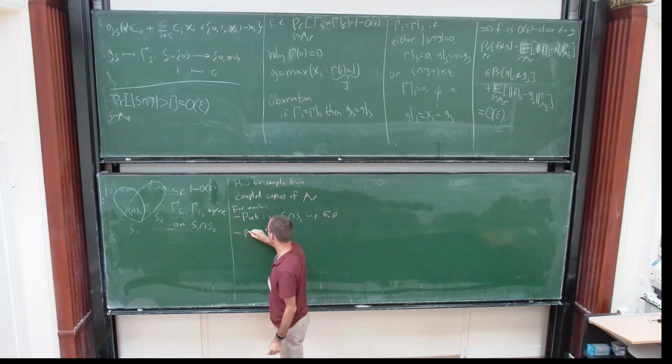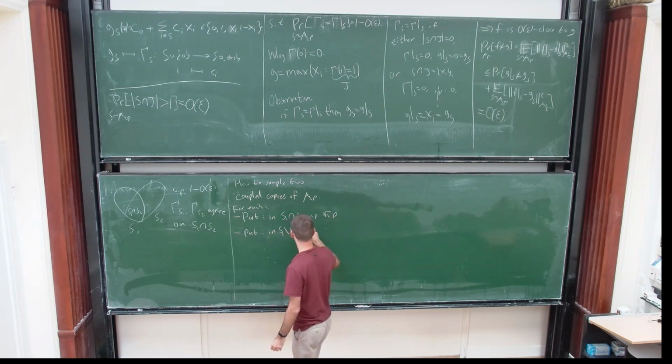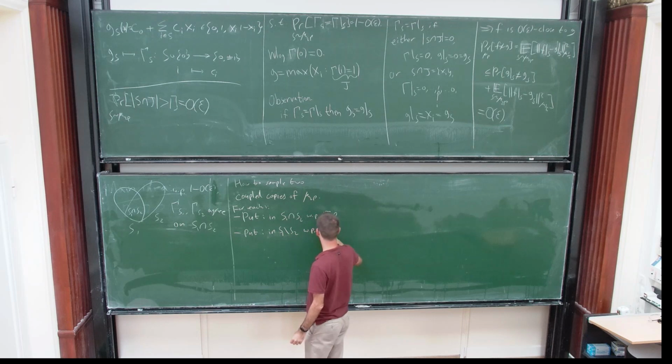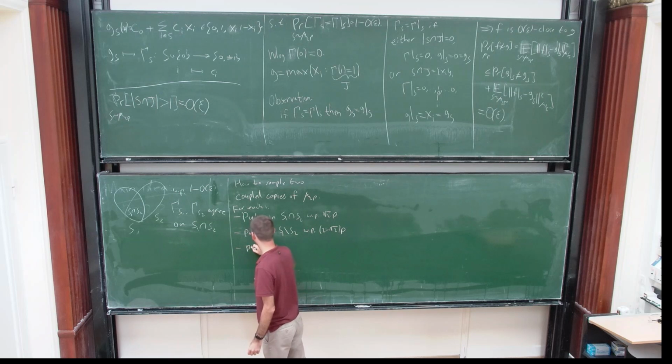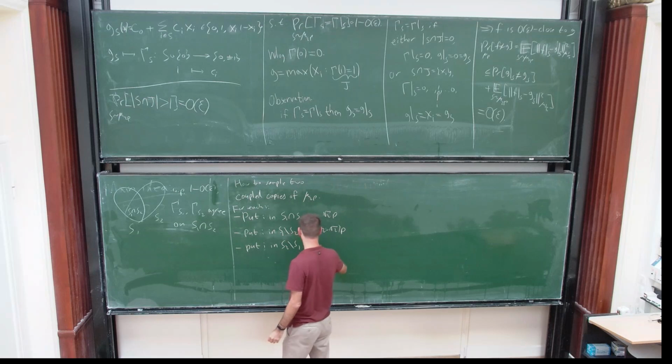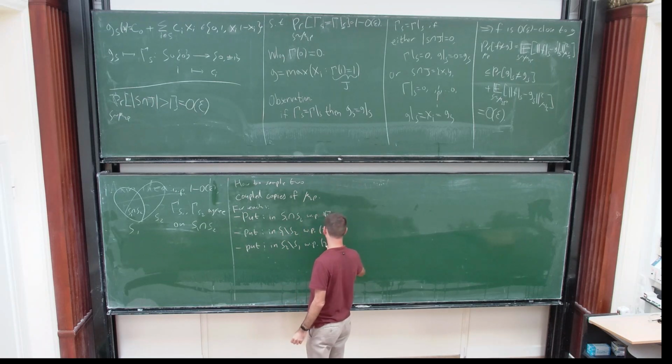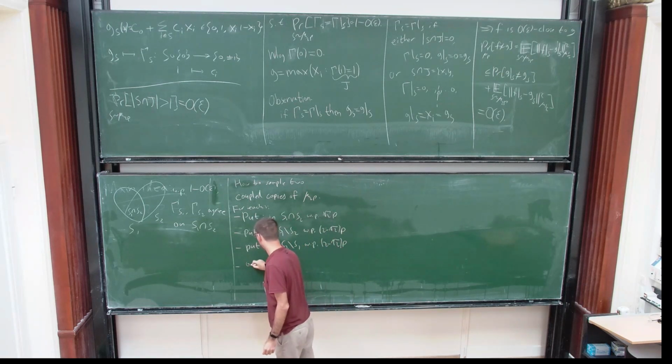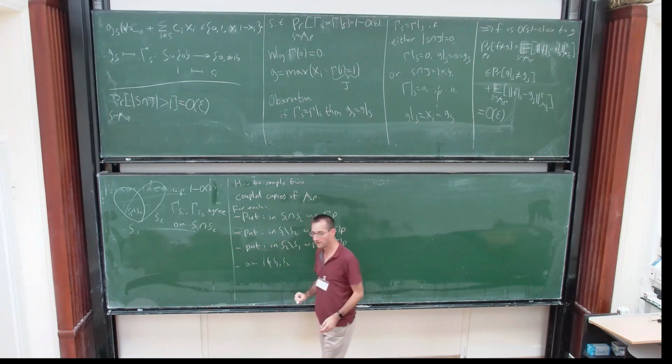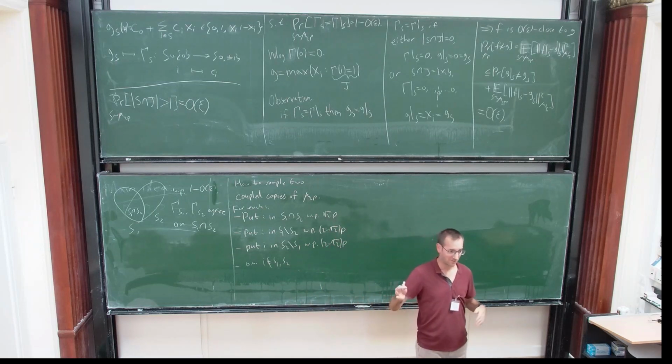Then we put I in S1 minus S2 with probability 2 minus square root 2 times p. And we put I in S2 minus S1 with the same probability. And otherwise, I is in neither S1 nor S2. Okay, this works as long as P is small enough, smaller than some constant,